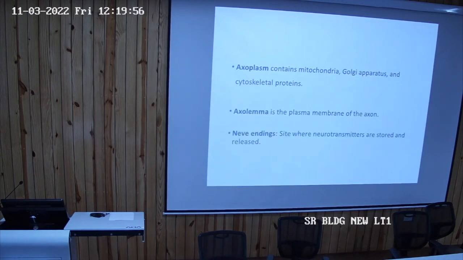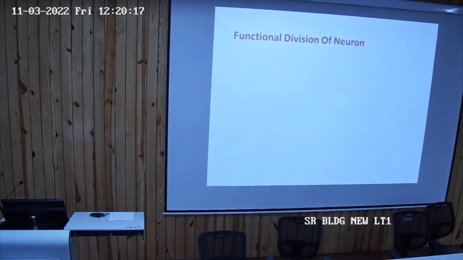And nerve ending, the ending portion where the neurotransmitters are accumulated. है ना, बंद करके ऊपर से accumulate होते हैं वहाँ पे in the vesicle form. Okay, the neurotransmitters, that is the chemical messengers. These are the portions where it is accumulated. That is the nerve ending. इसको axon terminal भी कहते हैं, synaptic terminal भी कहते हैं.